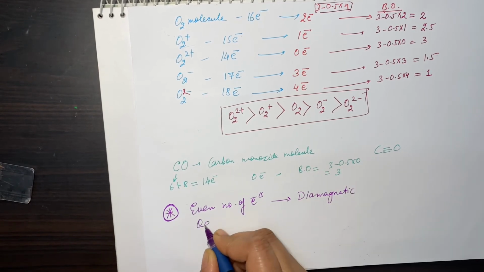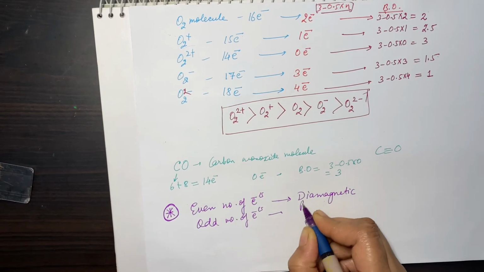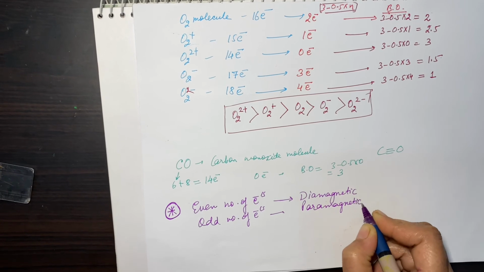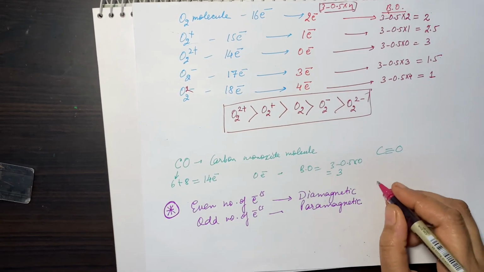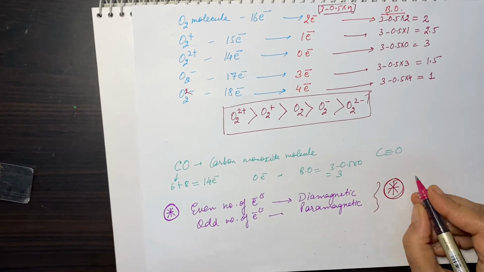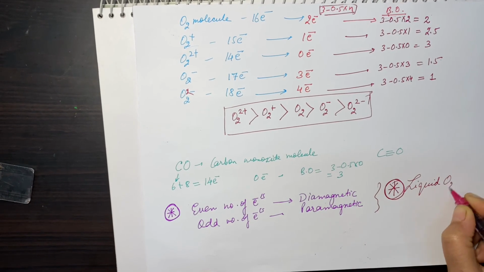But if it has an odd number of electrons, then it is paramagnetic. And in this, only one exception is there, that is liquid oxygen is